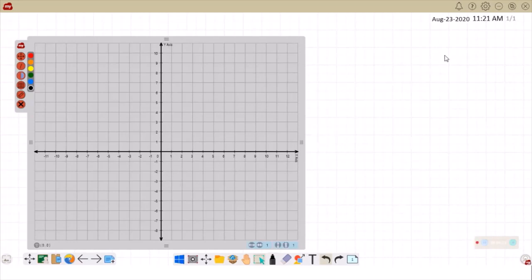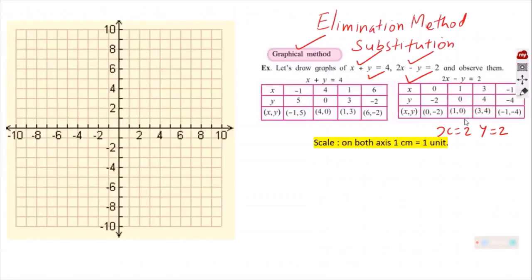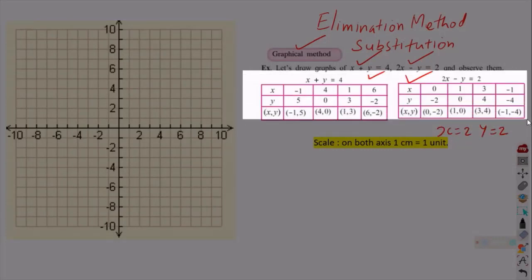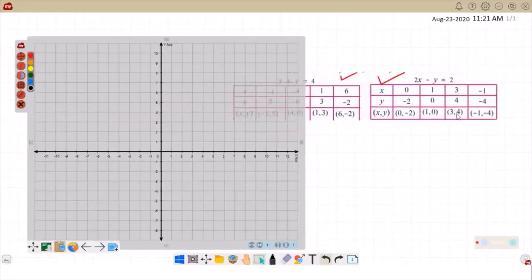Now what is required? We require our ordered pairs, which we already got. So we will go to the ordered pairs which we had with us last time. I can obtain those ordered pairs from here. This is the ordered pair. I will take this ordered pair from here only, for convenience of doing. This is what we are going to draw as a graph here.